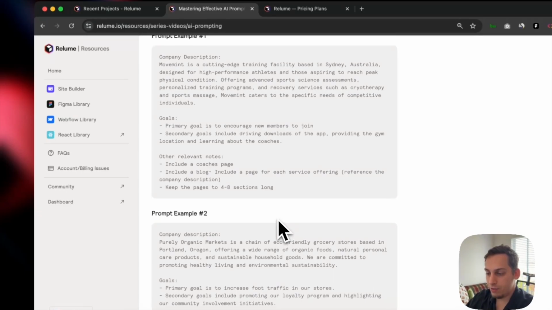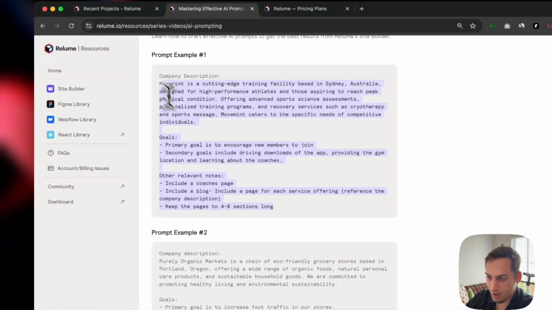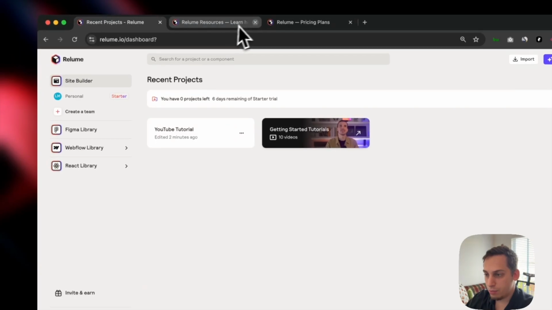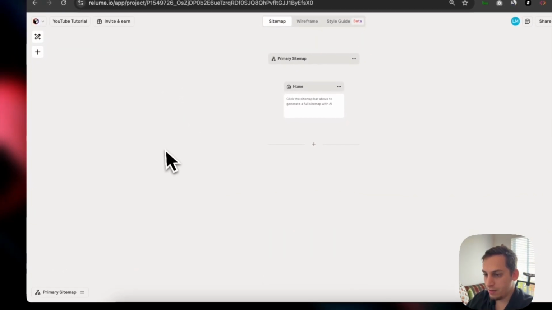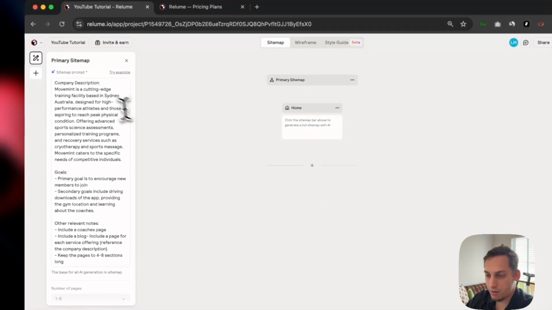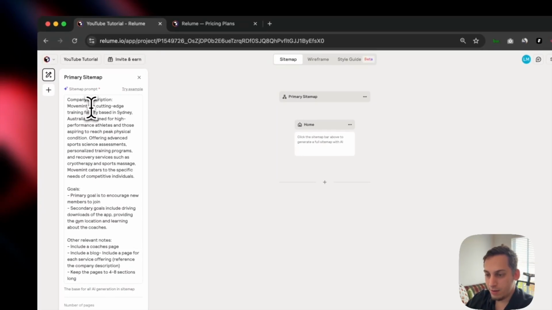So let's just use this, right? I want to use this as a type of starter. So let's go back to our recent projects. I'm going to close this, and let's go back into our project in here, and let's paste this. So company description, Movement is the one that it's called, is a cutting edge training facility based in, let's put, instead of Sydney, Miami, where I'm from. So instead of Movement, let's call it like